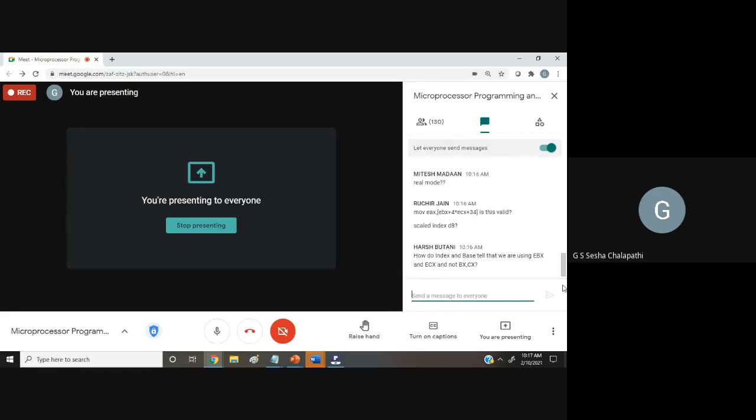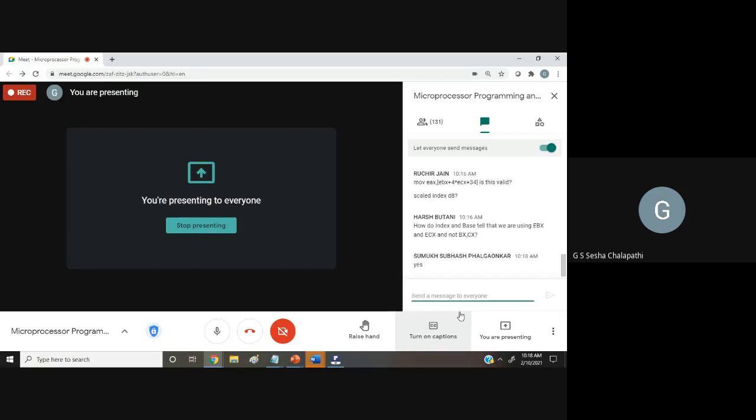Now my question to you: in 16-bit operation mode, real mode, is there any scenario in scaled index addressing mode where you do not have a register override? If yes, how?